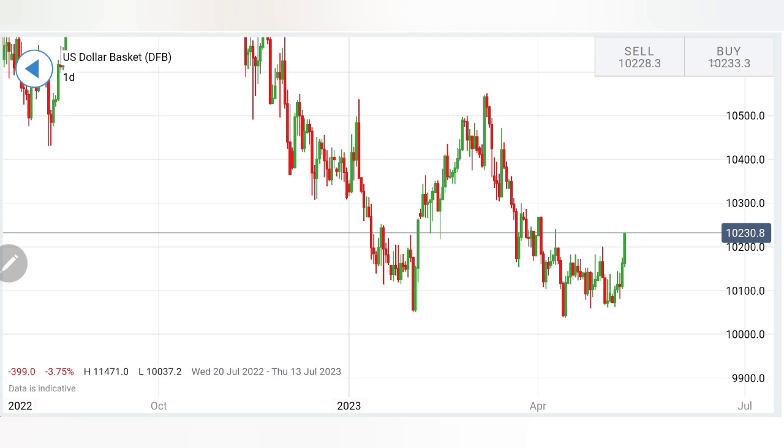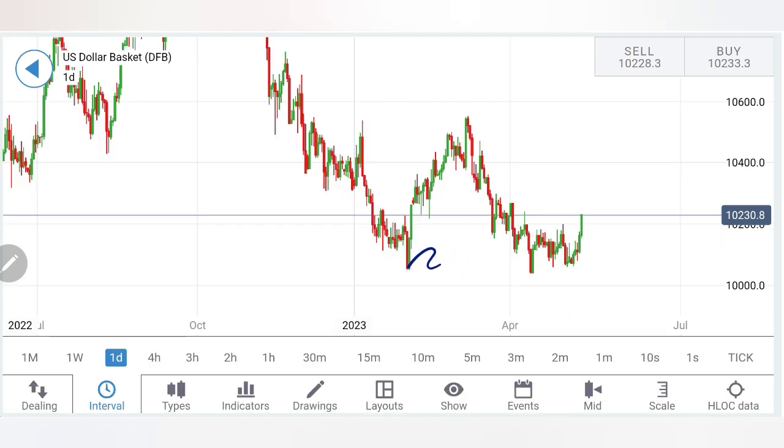Let's start. Now look at the dollar index's movement. 100.5, 100.6 levels provided it a very good support. It tried to breach this zone multiple times but failed to do so. It is showing a bounce back, and if you look at the near term movement, you can find out it was trading in this bearish channel. It has reversed strongly. 101.8 and 102 were the two good resistances which it has breached.